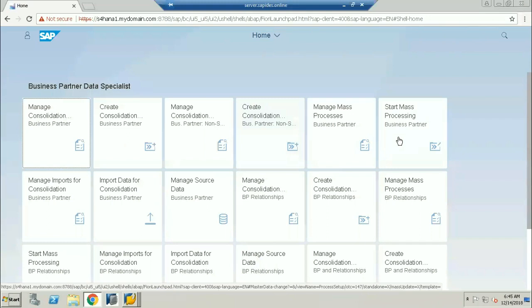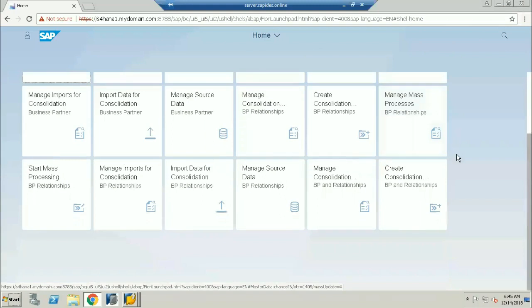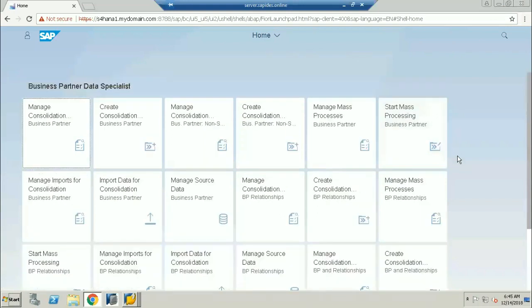My user ID should contain only particular role IDs and be given authorization only for that role, so that when I log into the Fiori, I only see the particular Fiori applications or tiles applicable to me. So it is completely role based.